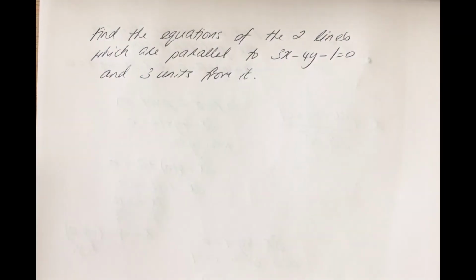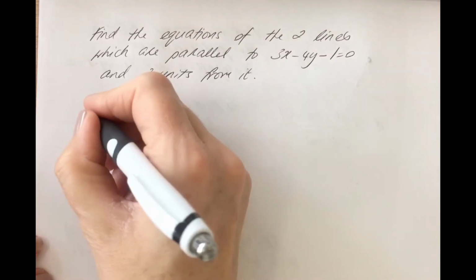Okay, so this example is asking us to find the equations of the two lines which are parallel to 3x minus 4y minus 1 equals 0 and 3 units from it. Okay, so there's something I want to point out to you before we tackle this question, and that is an interesting note here